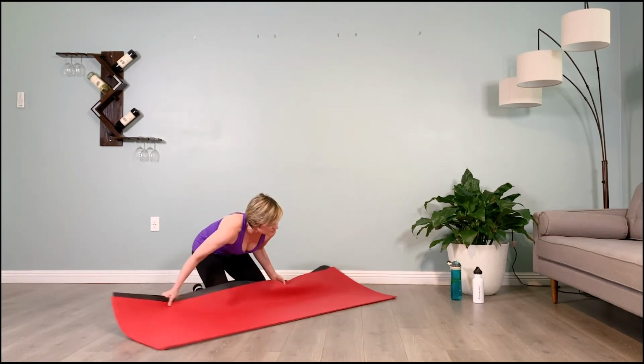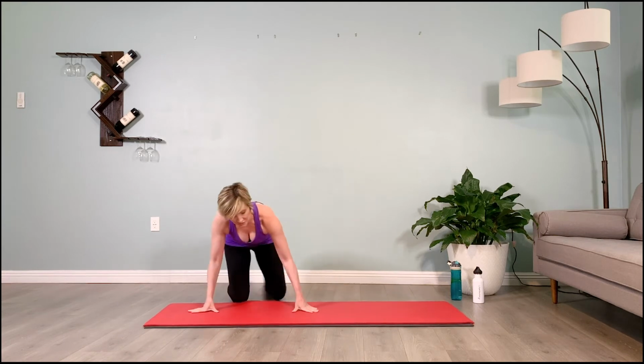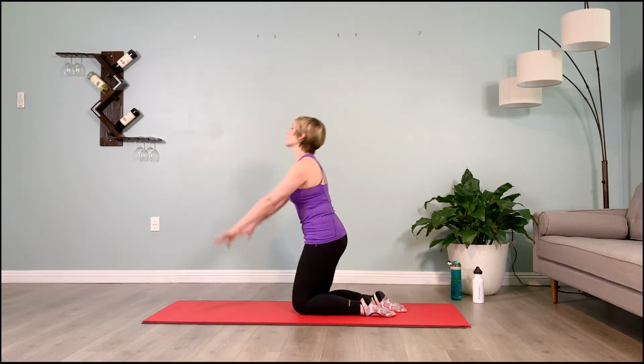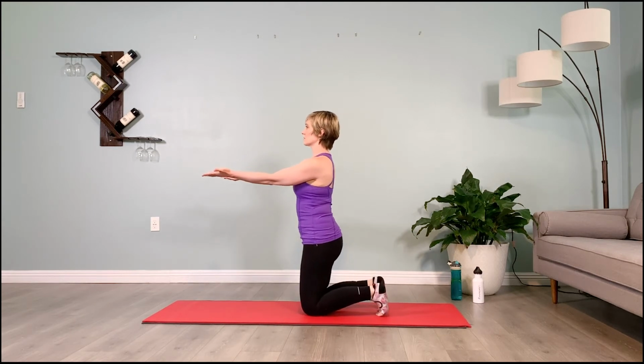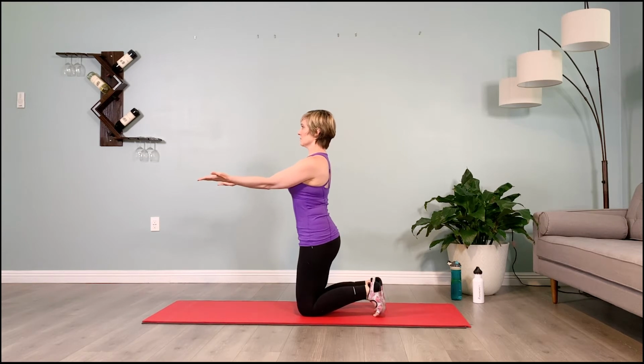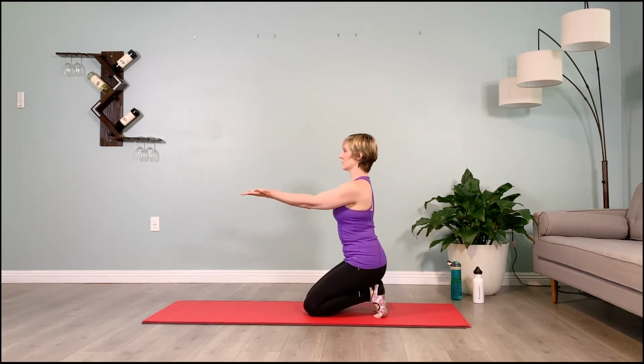From here, we'll come onto our knees on the mat, tucking the toes under, sitting up tall, stretching our arms out in front of us like Frankenstein, and flipping the palms to face up towards the ceiling. Bend the elbows softly with the toes tucked under. Sit your pelvis back on your heels, working again on that dorsiflexion, holding for 20 seconds here with the abs